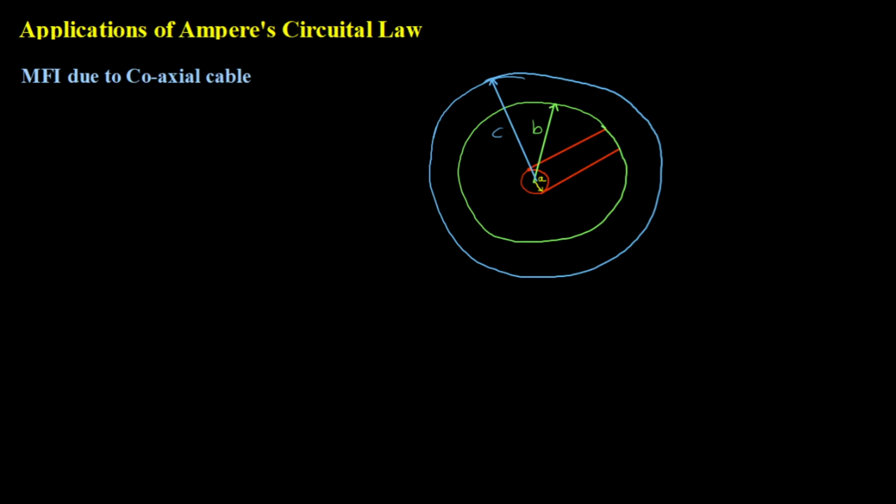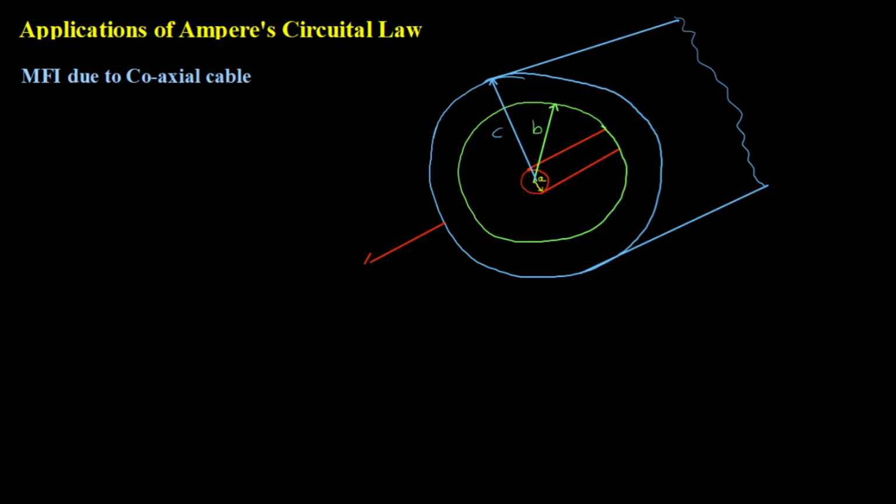Now one more thing which you should note here is that the current flowing through the inner conductor and the current flowing through the outer conductor will be in opposite directions. So let me assume that the current flowing through the inner conductor is capital I and the current flowing through the outer conductor is minus I. As I told you, this coaxial cable is of infinite length, so let me represent it something like this, extending infinitely, and I have kept this coaxial cable along the z axis. Imagine that I have kept it along the z axis. And the current flowing through the inner conductor and outer conductor are exactly in opposite directions.